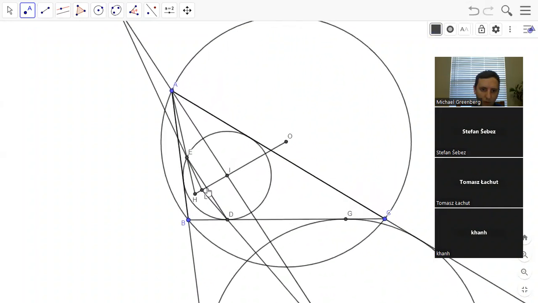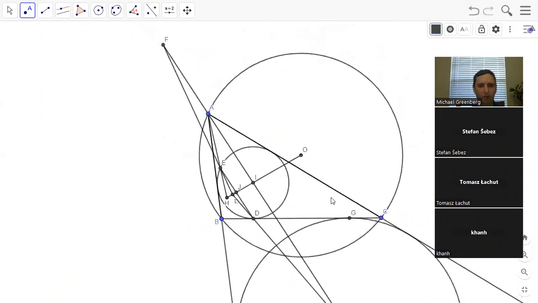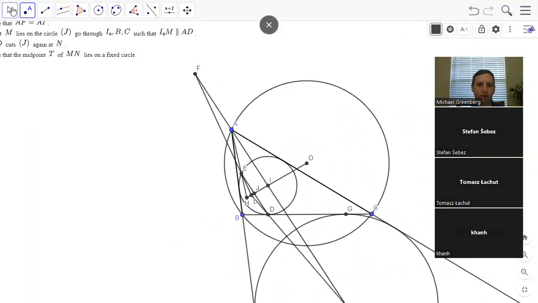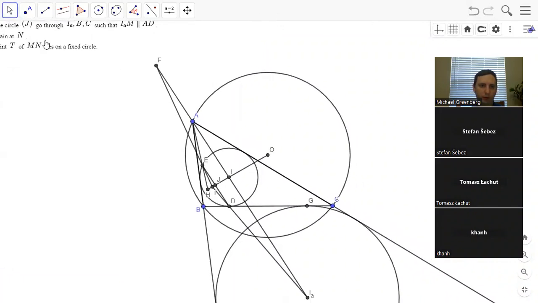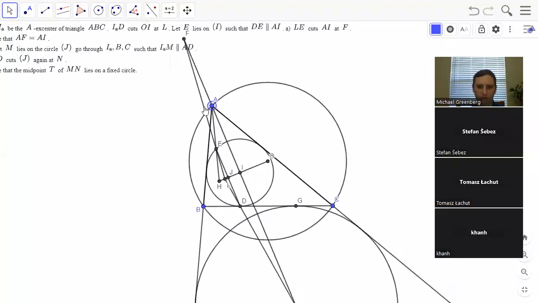Doesn't want to draw it. It's stubborn. But that's just the midpoint of EB, so. Okay, so H, L, J, I we want to show is